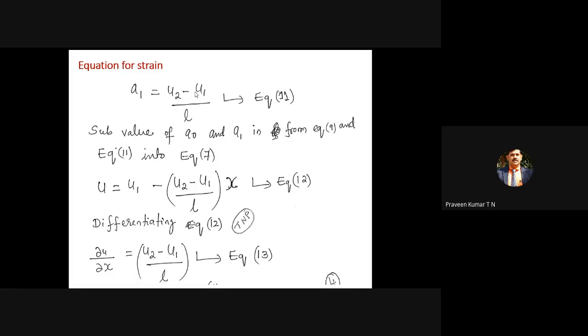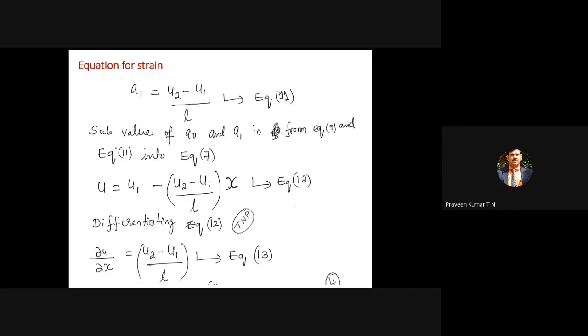The same penalty approach is used in heat transfer. I hope you understood. Theoretically, most of the time you assume that U1 is equal to 0, but practically there may be a small amount. U1 may be very, very close to 0, like 0.000001, etc. But when you derive the equation, you are not assuming that U1 is equal to 0.